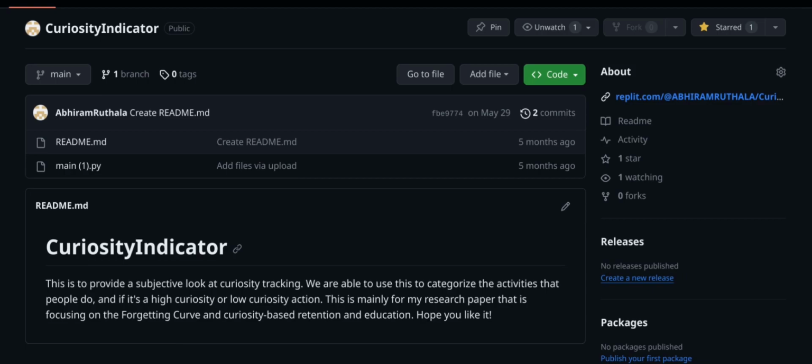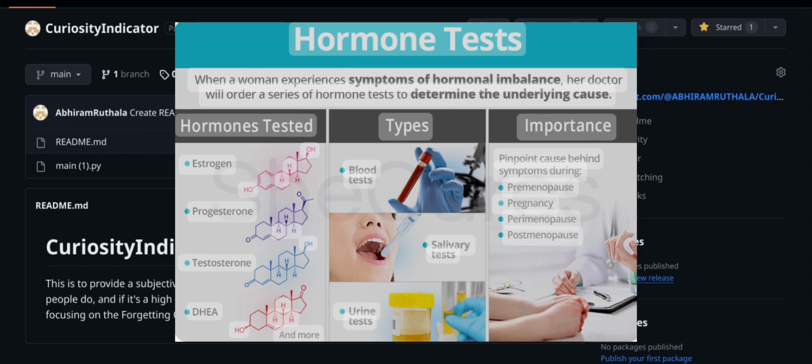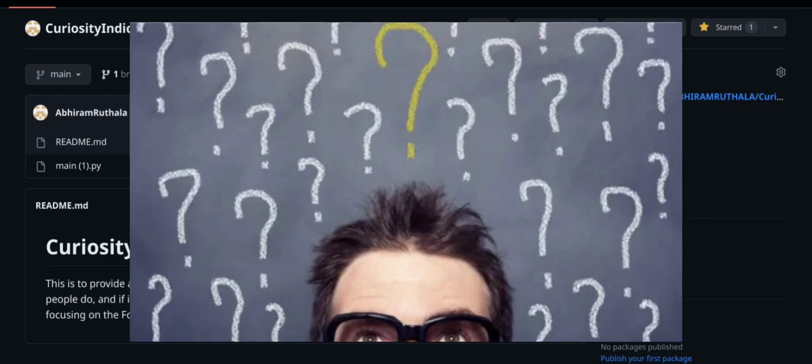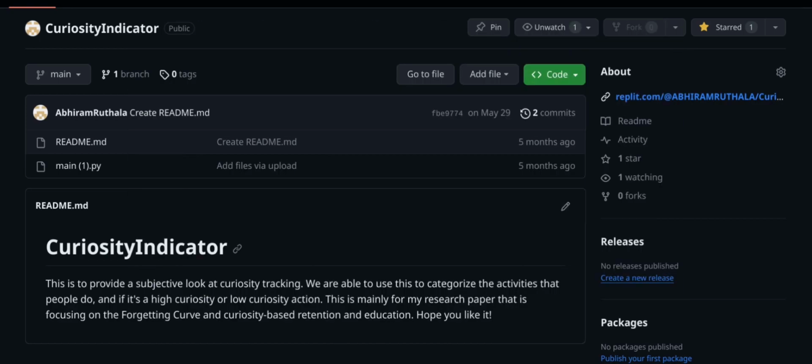Most of the ways in which we do perceived curiosity tracking is through blood tests and checking hormone levels or neurotransmitter levels, or we try to perceive it by observing people, right? These are kind of subjective ways. Some have to be confined in laboratory setups, and some are just based on how you perceive, right? So I want to put a pitch in for my idea for curiosity tracking, which